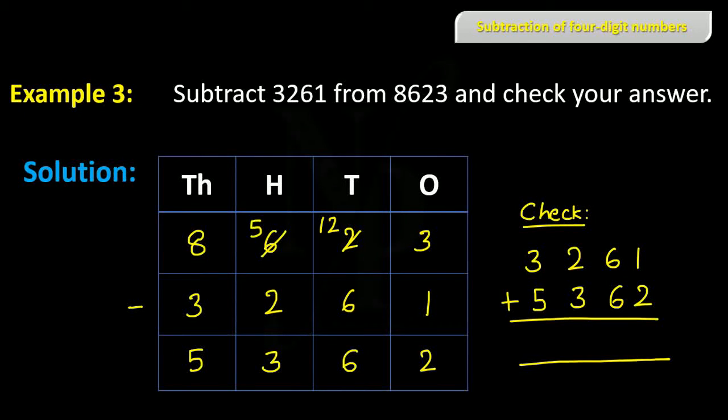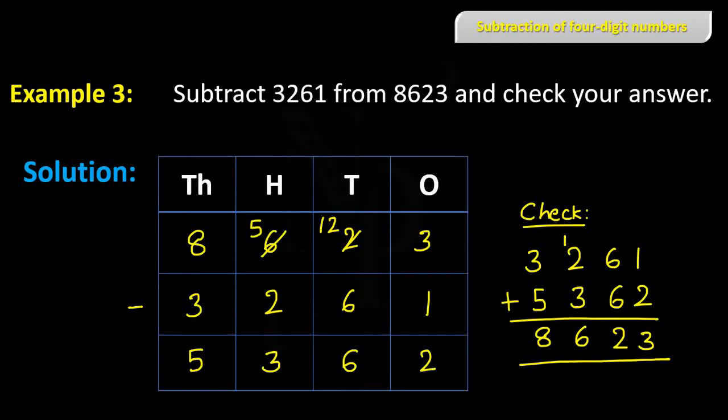1 plus 2 is 3, 6 plus 6 is 12, 2 is here, 1 is carried to the next column, 2 plus 1 is 3, 3 plus 3 is 6, 3 plus 5 is 8, 8623, which was the